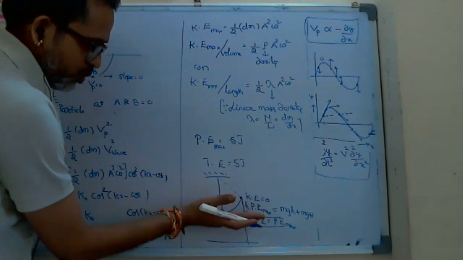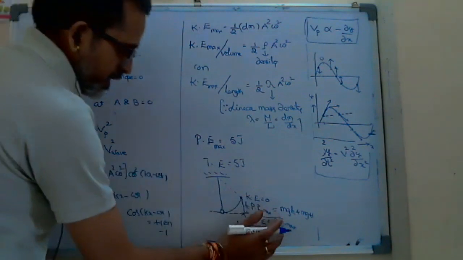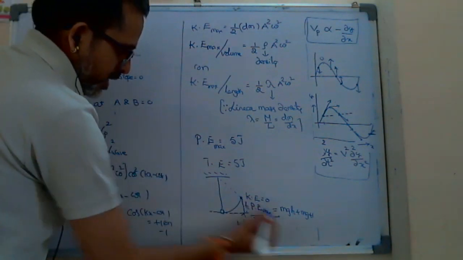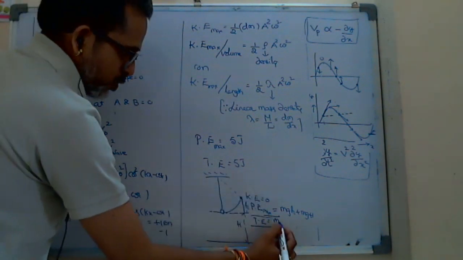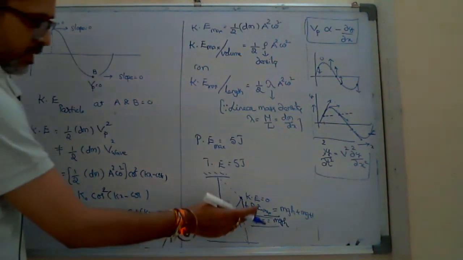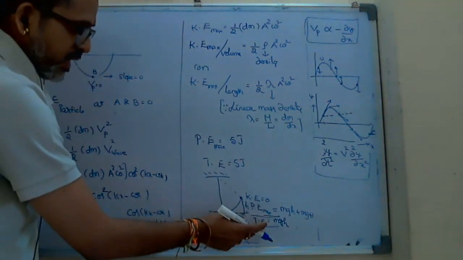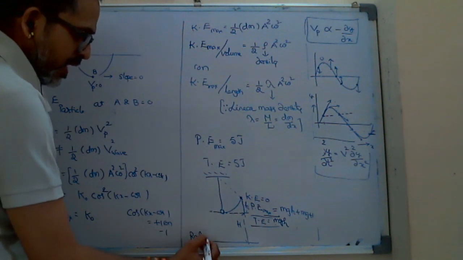So whatever maximum potential energy you are saying, mgh is the actual total energy. Why? Because we have to measure from the reference level. The total energy should be equal to, with kinetic energy 0, the potential energy from the reference level, which is mgh1. So look at here, PE max is not equal to total energy if I take the reference level as the ground.